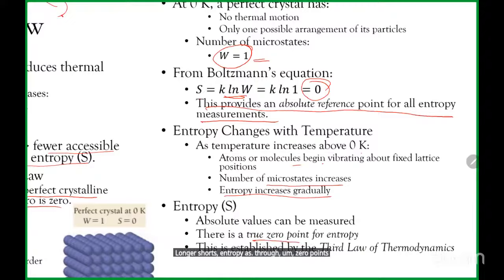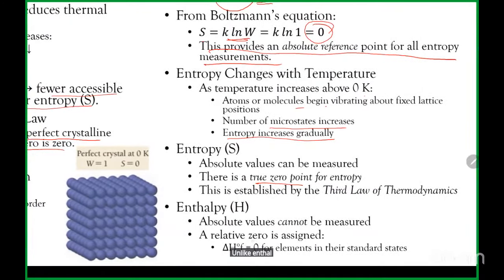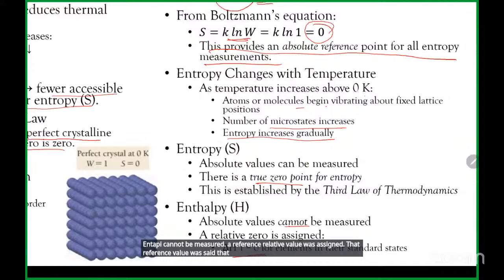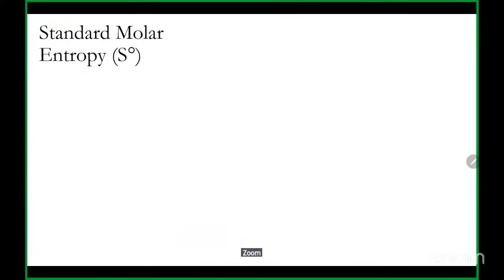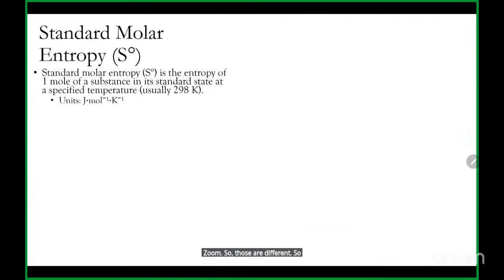What I mean by 0 point is that it has a reference point from which you measure it. Unlike enthalpy, if you remember, absolute values of enthalpy cannot be measured. A reference relative value was assigned, which says that the enthalpy of formation of elements in their standard state is equal to 0. So those are different. There are standard entropies that have been determined over time for different substances,